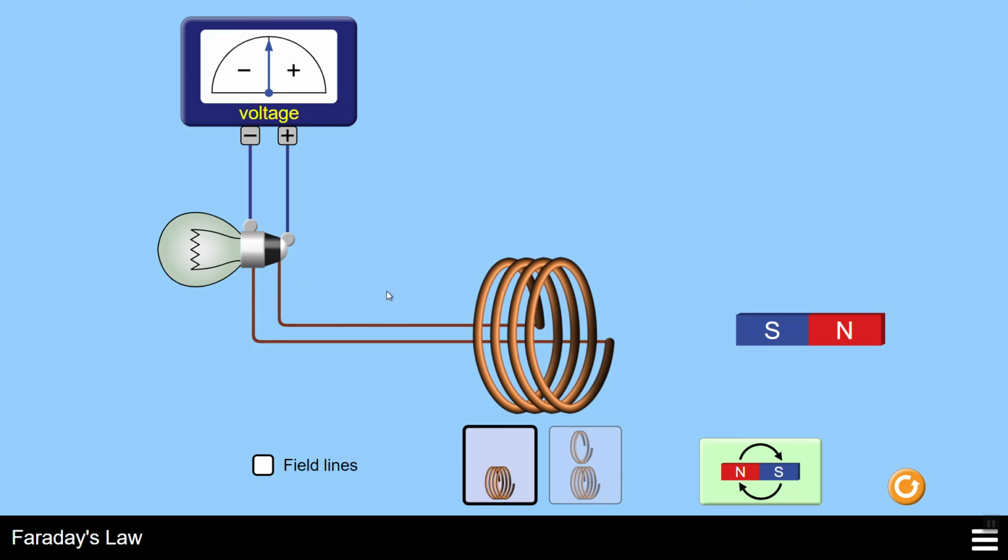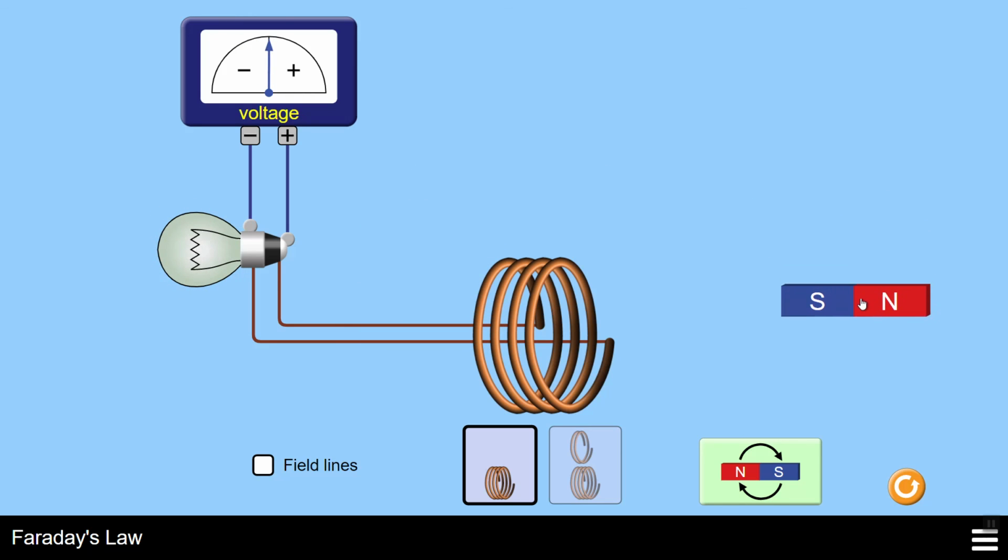But when I am in the ring, it is not generating anything, because the north pole is on the right side and the south pole on the left side, so it is balancing out the current. But when I am exiting the ring, I am in the phase where the north pole looks like it is entering. Right now you can see. So it is like a vice versa scenario.